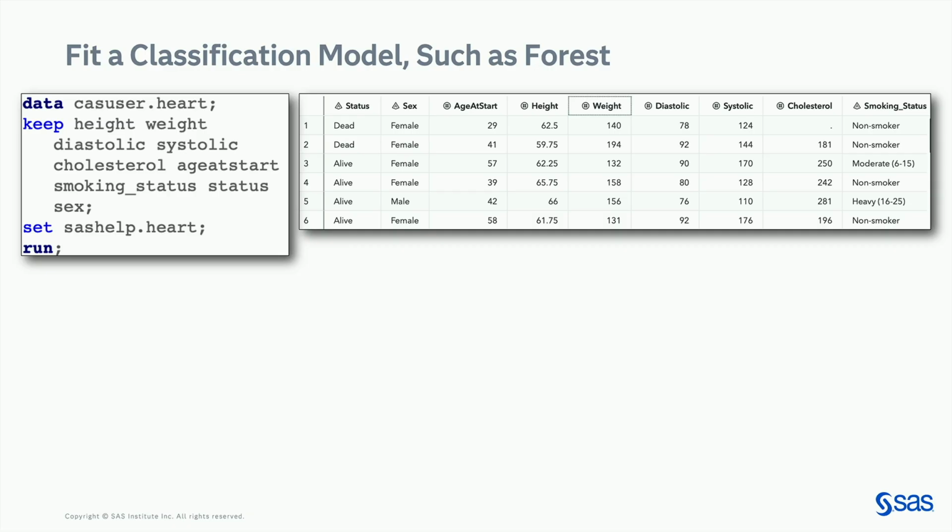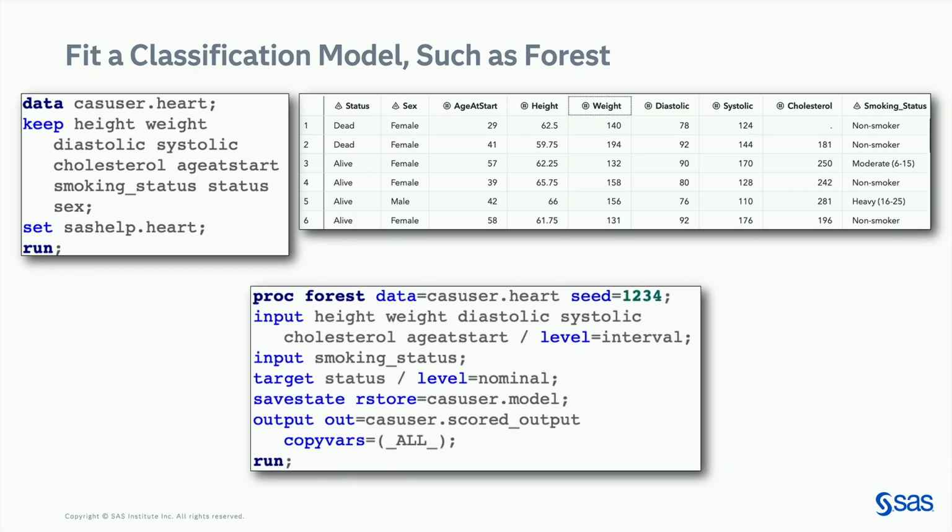So here, I just have a data set. I grabbed it out of SAS Help. And here I'm just looking at whether the status is dead or alive. So it's some heart data. I've collected a few things about blood pressure, smoking status. And let's say we want to train a model that's going to have reduced bias for male or female, right? In medical fields, male and female can maybe have important meanings, but let's say for this one, I want to have one model that has reduced bias for male and female.